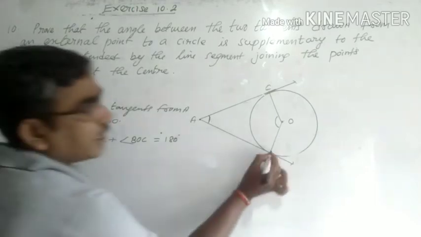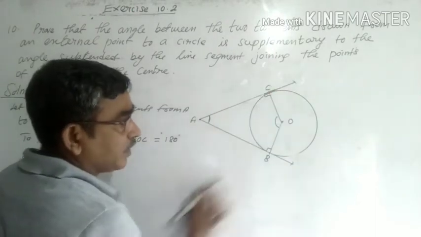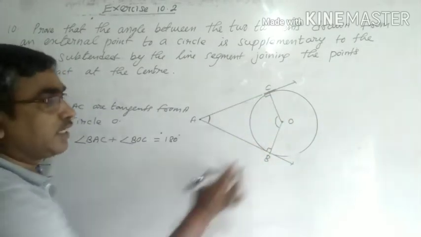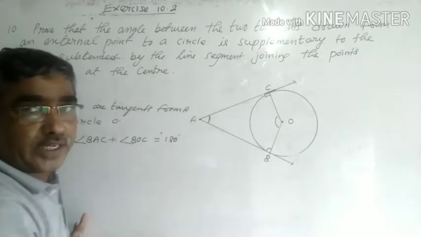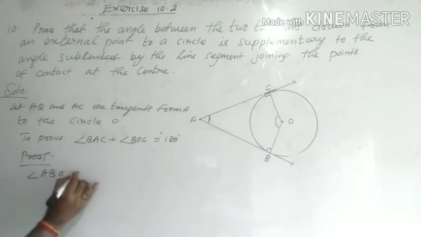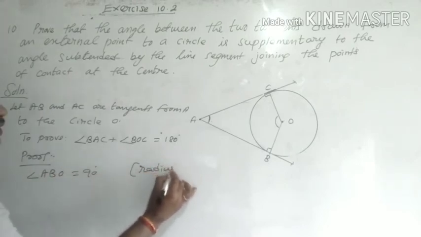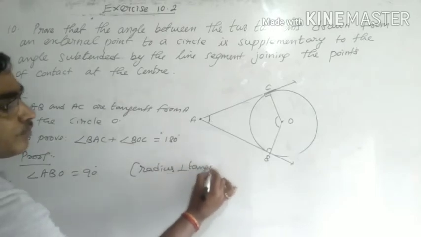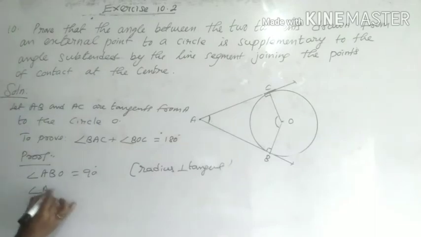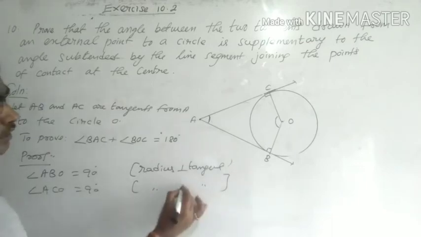Let's see the proof. See that this angle becomes 90 since the radius is perpendicular to the tangent. This angle is 90, 90 plus 90 is 180. But in a quadrilateral, all the angles together are 360, so this must be the remaining 180. Okay, let's come to the first point. Angle ABO equal to 90 degrees. The reason is that the radius is perpendicular to the tangent. So angle ACO, for the same reason, is equal to 90 degrees. Same reason, radius perpendicular to tangent.